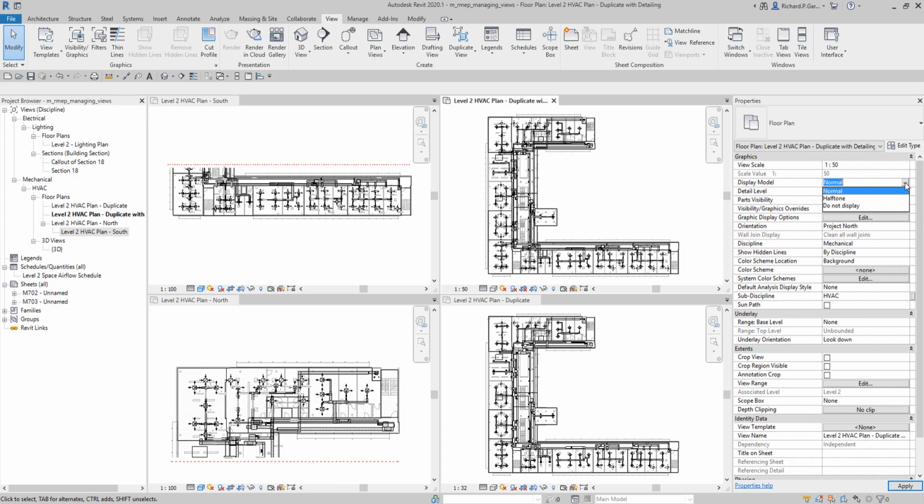So you have here different display settings. You have the normal setting. It displays all the elements normally and is intended for all non-detailed views. The other one is do not display. The do not display setting hides the model and displays only detailed view-specific elements such as lines, regions, dimensions, text,